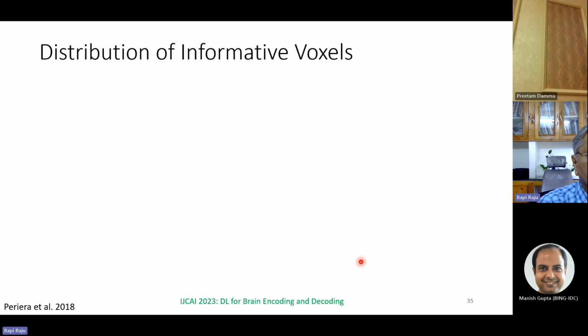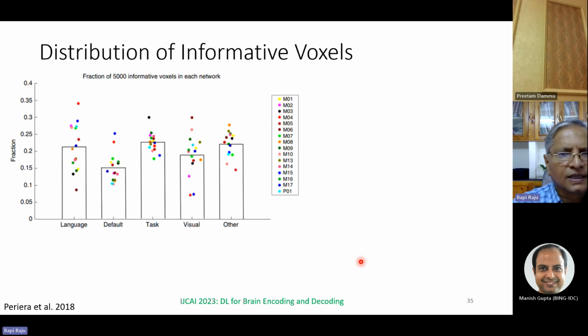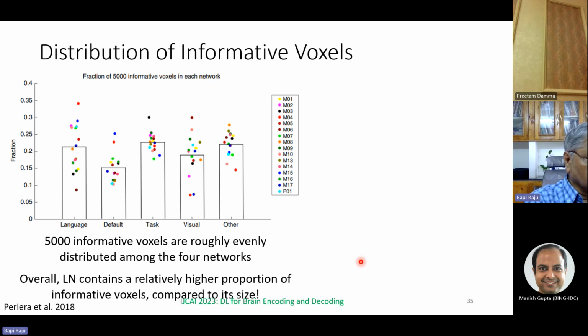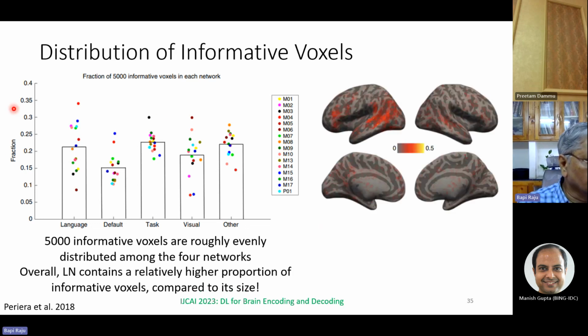So this universal decoder has. And let's look at where these informative voxels that are extracted reside. What is shown here is the different brain networks that these voxels belong to, for various participants. Remember that for each participant, the set of voxels would be different. But this view graph